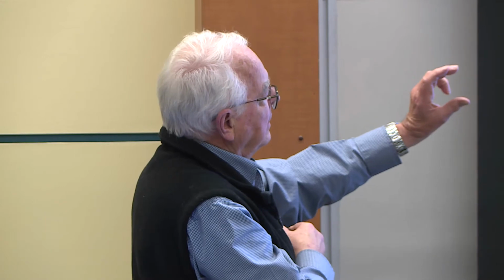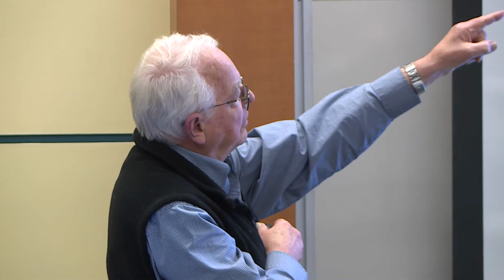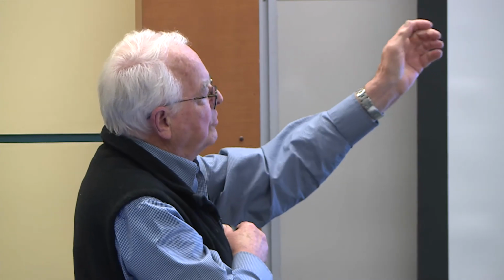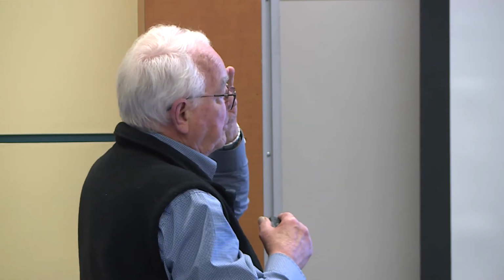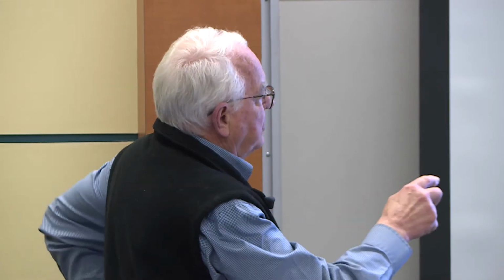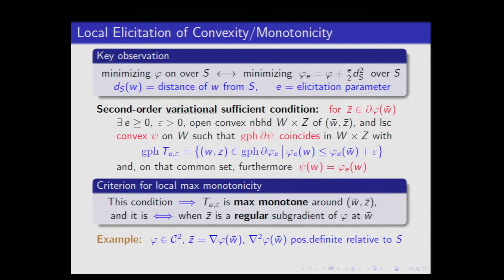Anyway, here's the thing. This implies that that truncated mapping here, an elicited mapping, is maximal monotone locally around a point. This is going to be the key to applying the proximal point algorithm in the background, which can be done just locally. You don't have to be global with a proximal point algorithm, as Teemu Pennanen, a former student of mine, showed. And now the thing I was unable to get completely around is that I have to assume here that this z is a regular subgradient. I don't think that's really necessary, but I was just unable to prove it. It was a very long, complicated proof just to get this regular case.